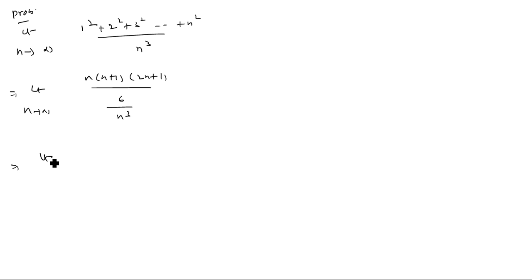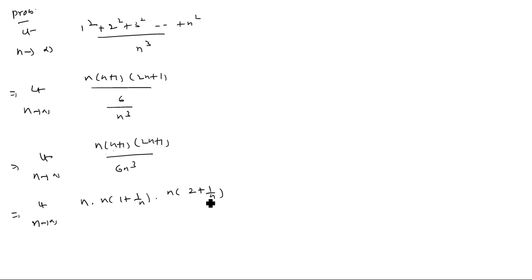So therefore we get limit n tending to infinity, n into n plus 1 into 2n plus 1 by 6n cube. And here, in n plus 1, what is the degree? The highest degree is 1, take n as a common, we get 1 plus 1 by n, and in this part the highest degree is n, that is power 1, take n as a common, we get 2 plus 1 by n, by 6n cube.